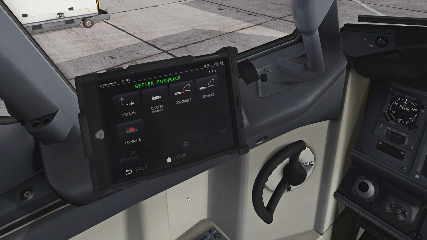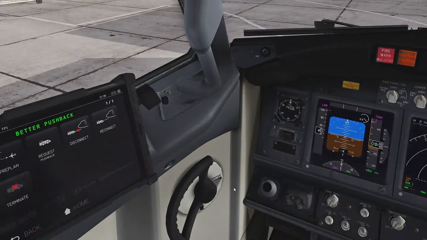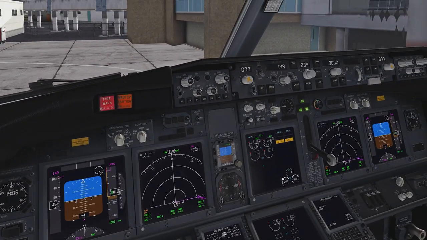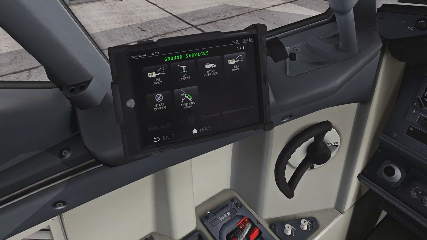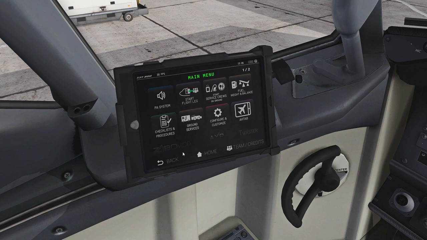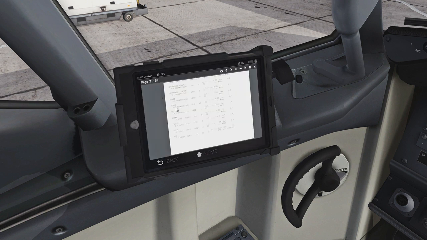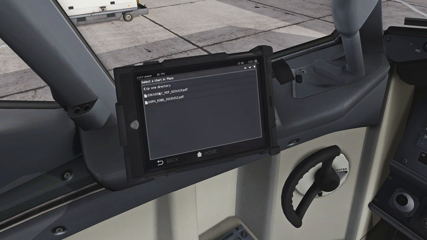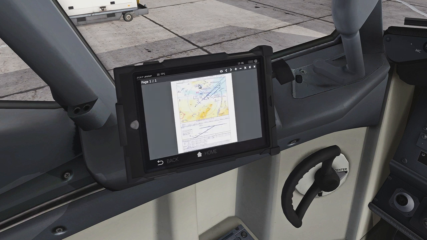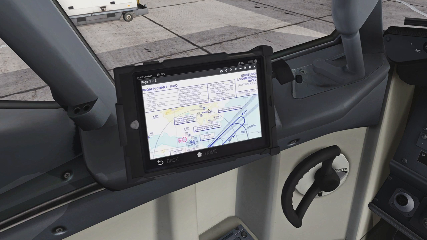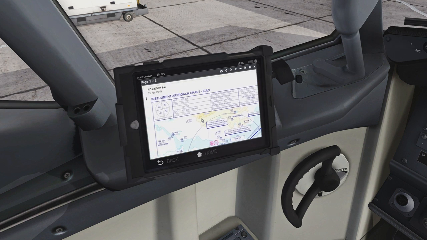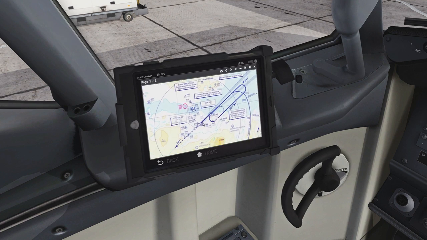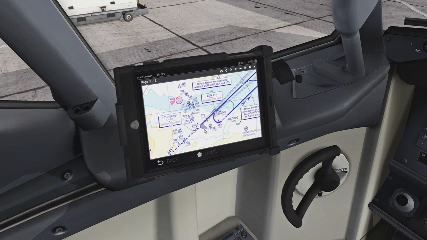Request pushback, please. Ground to cockpit. Tow is driving up. Thank you. Whilst that's happening, we're also going to go on to Avitab, go to charts. I'm going to get out of this chart, which you lot probably can't see properly. Go to Echo Golf Papa Hotel and look for, we're taking off 24, aren't we? So let's have a look at this. And let's go ahead and look at our ILS frequencies. We're looking at